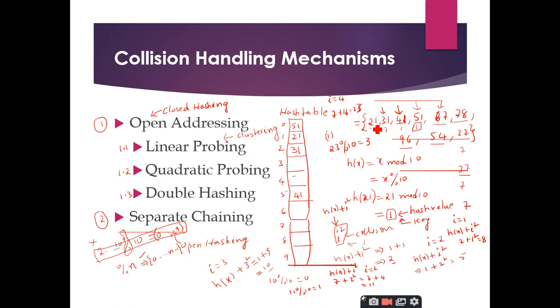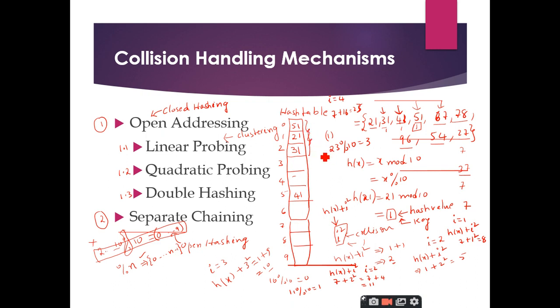So if I take the first 4 elements, 21 is occupied here, 31 is occupied here, and after that the element 41 is not occupying the consecutive location, it has been thrown somewhere else, right? Therefore it is not going to form the clusters, even though it is a small cluster. But if you take the large one, at 51 it is occupying the 0th location, right?